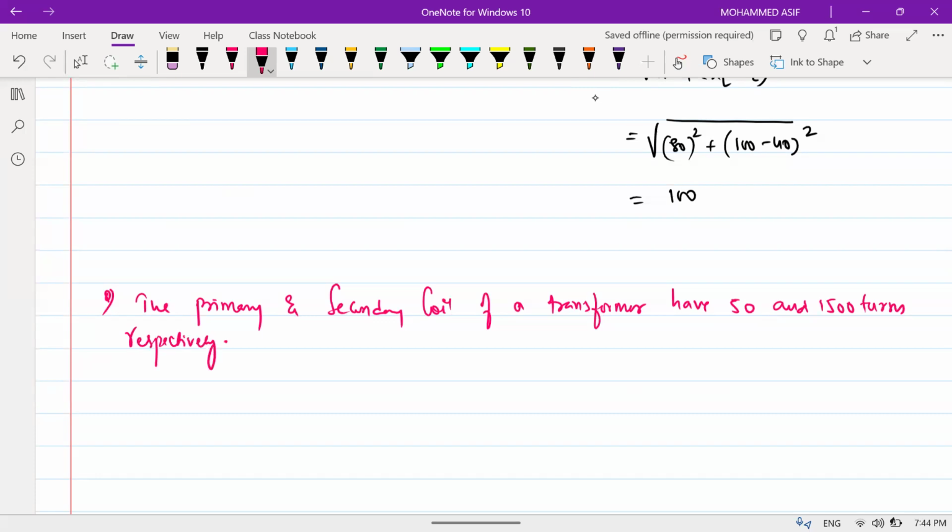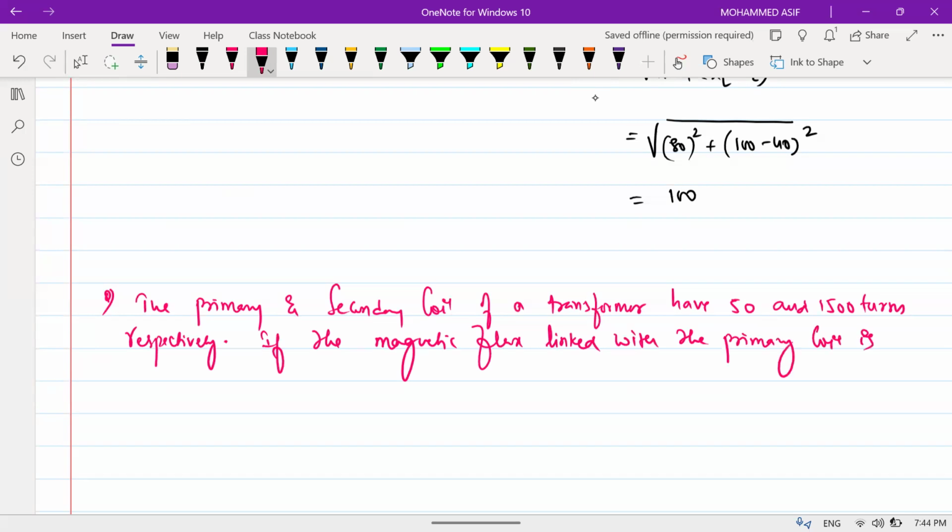If the magnetic flux linked with the primary coil is given by